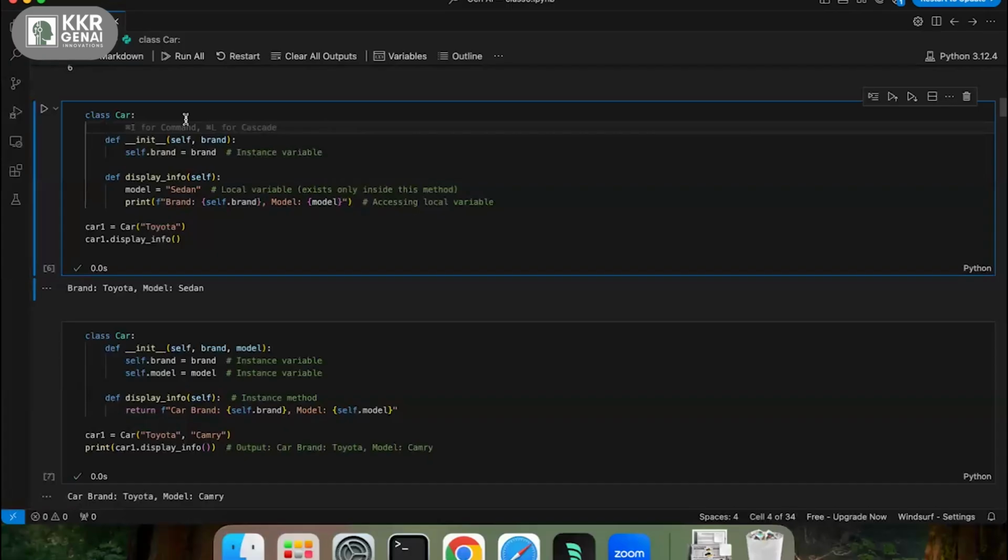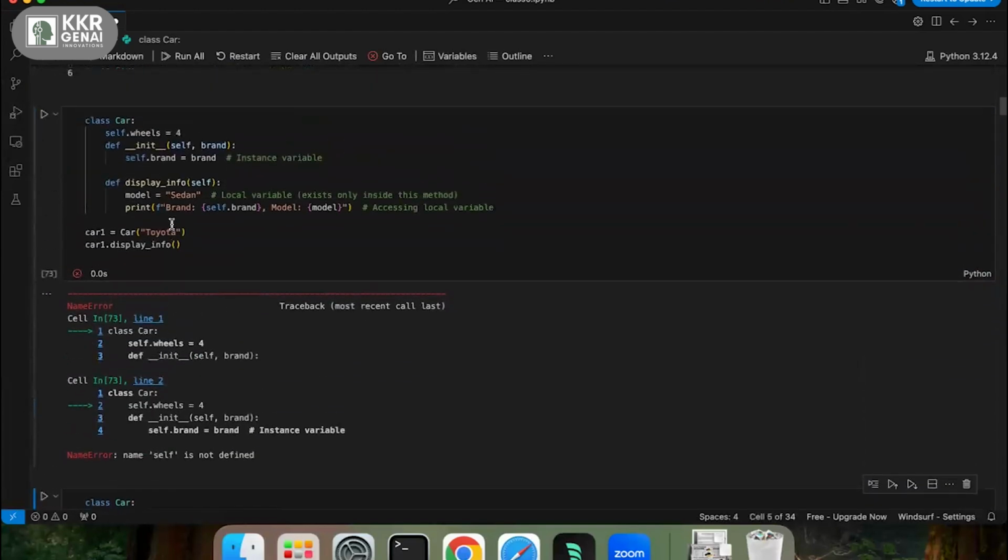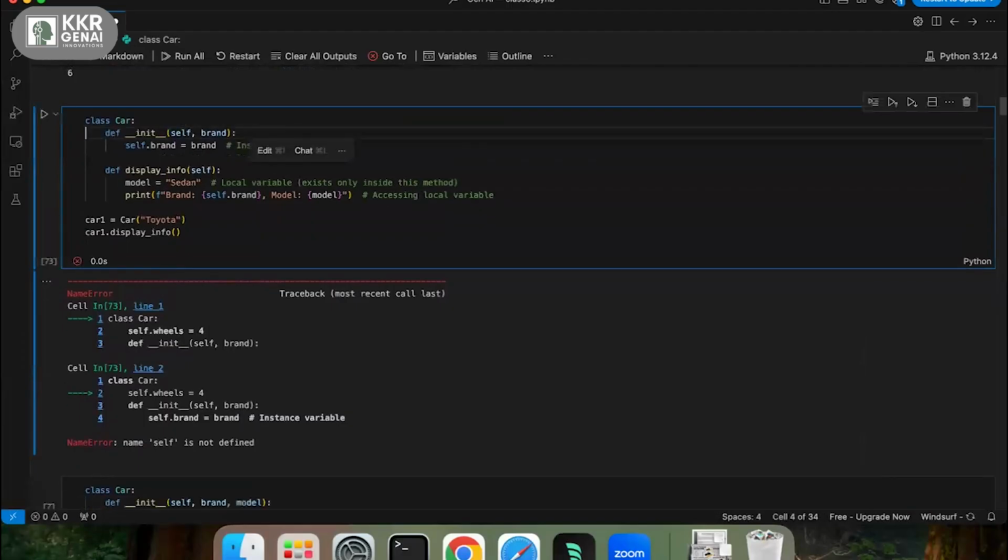Let's try that. Self.wheels equal to 4. It is saying that we can't do that. I haven't tried that, but let me check and I'll get back to you. Okay, sure. Thank you.